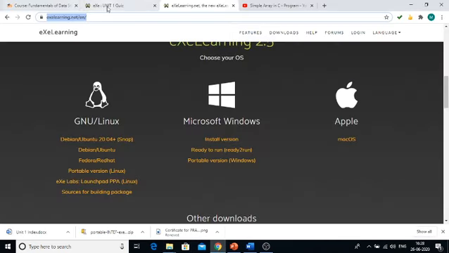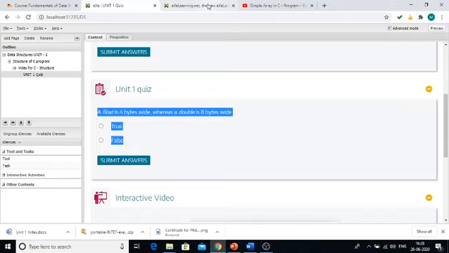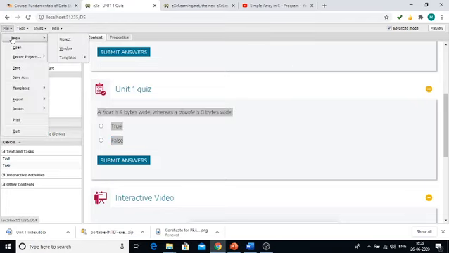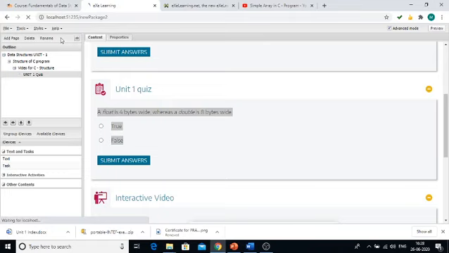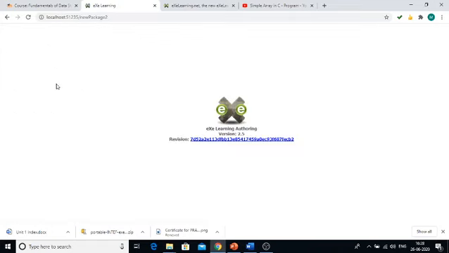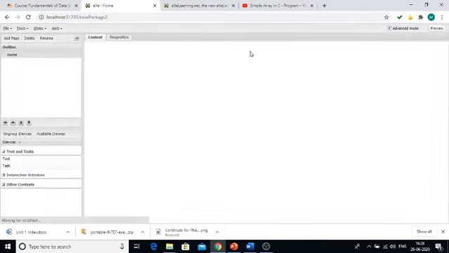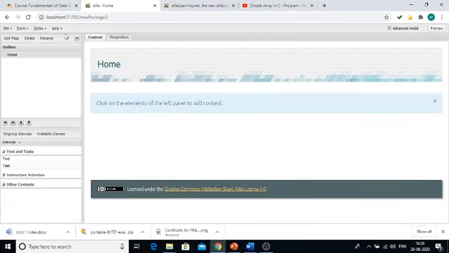So once you install, you'll be getting the exe environment like this. So this is your exe software page. So I will open a new project. Once you download, you will be getting the exe learning page like this, and this is the opening page. You have to wait for some time. This is the home page of exe software. There are 4 menus available: file, tools, style, help. This is the place where you are going to create your e-learning content. Fine. So let us start.